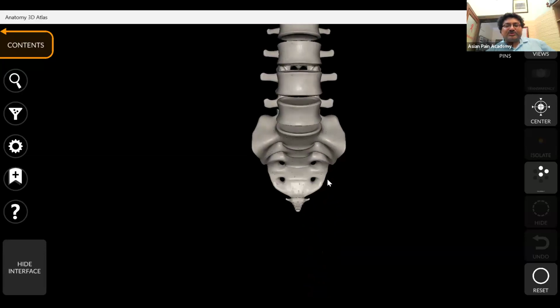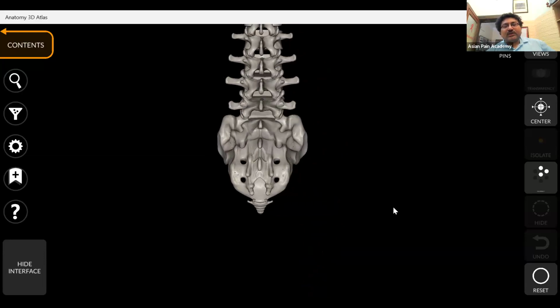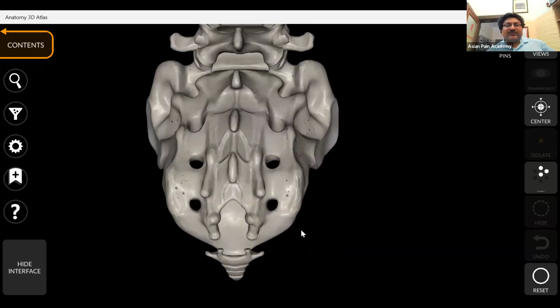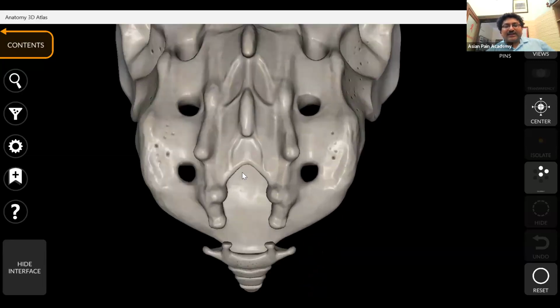So, here all the structures are superficial. Our main target will not be the curvilinear probe here, so we'll use the linear probe. Now, to go inside the caudal canal, we have to hold this probe at the midline and see over the spine whether we are exactly over the midline or not. Now, to find out the hiatus area, first we have to,